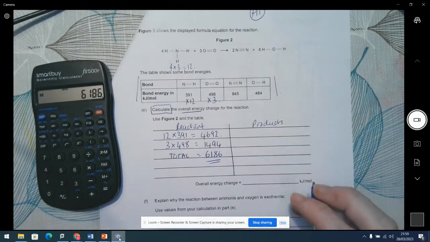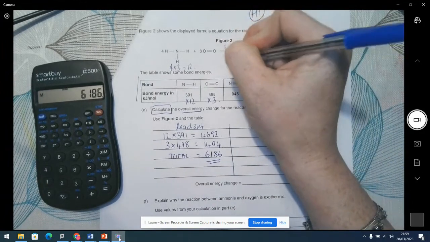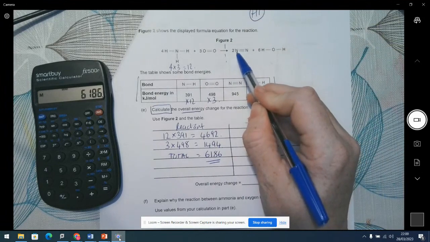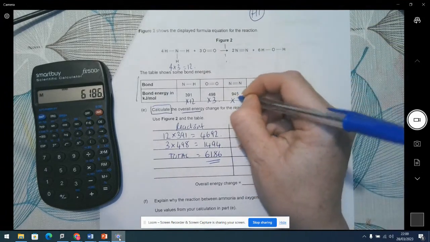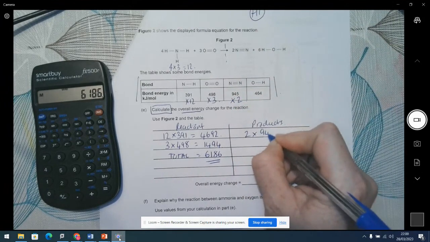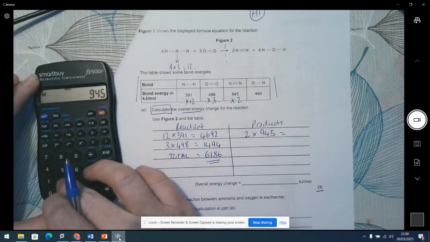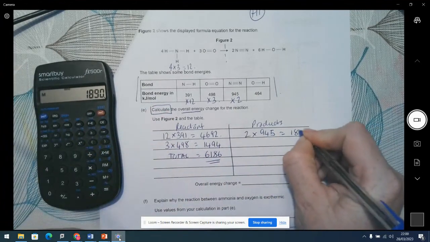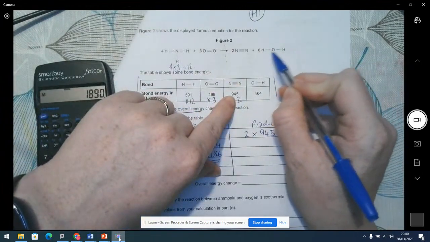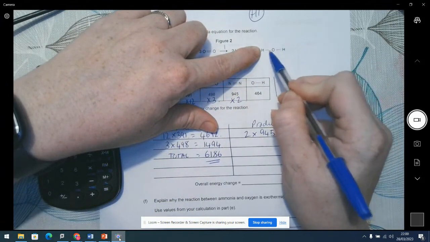I'm now going to look at my product's energy. So again, I'm on this side of the arrow. On my dotted line down where the arrow is, nitrogen's nice and easy. I've got 2 nitrogen bonds there. So I'm timesing that by 2. So 2 times 945 equals that. 945 times by 2 is 1890. And again, when you've got molecules like this, you cover over that number first and work out how many